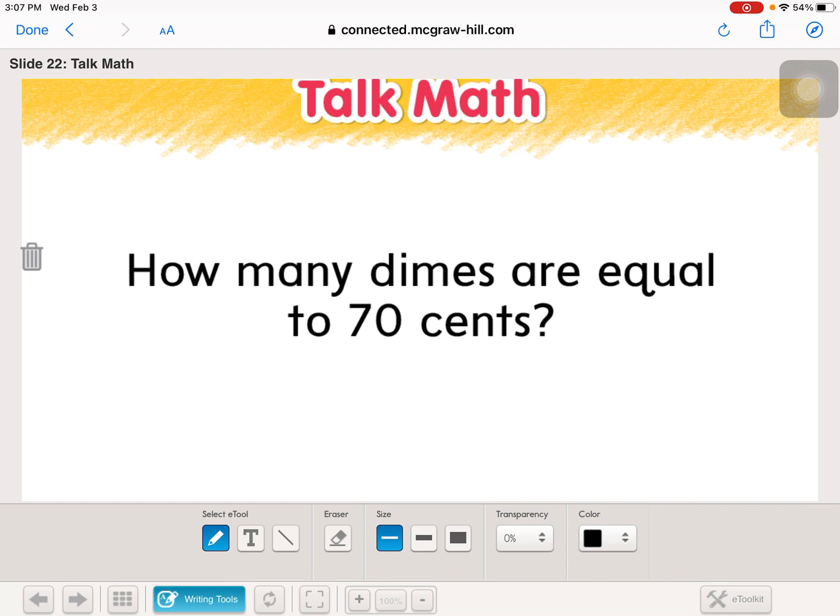You're going to go in and practice counting your coins on page 485 and 486. Post your pictures to schoolwork when you're